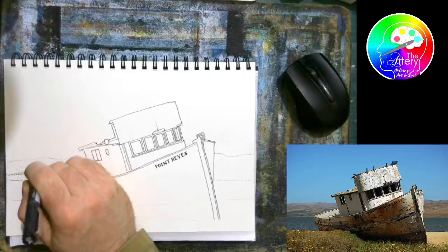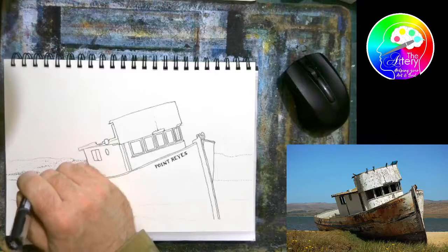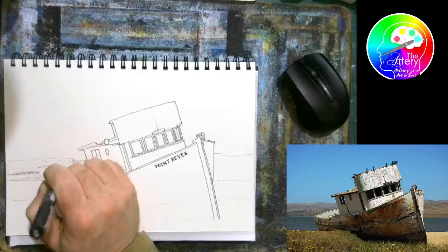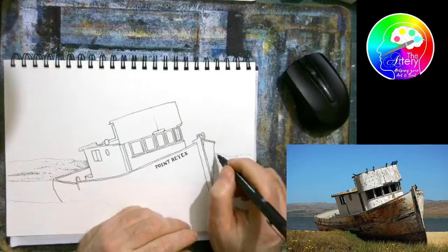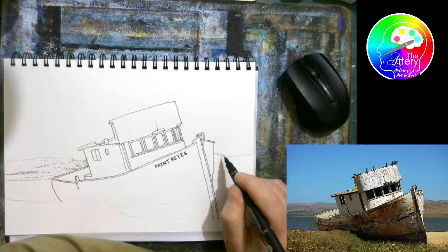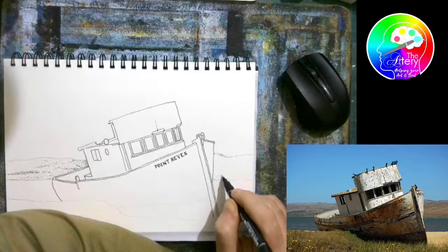So little clusters of dots. It's amazing how it works, and it just gives something different to the view. And you can do skies like this and give the illusion of cloud shapes, but it will look far more illustrative if you do it for clouds. I kind of like it. Maybe I'll do a bit later,